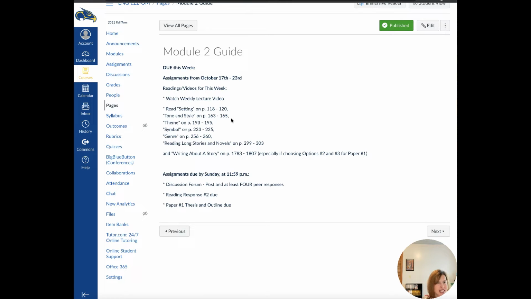talking about genre and how to read long stories and novels, which I included that reading long stories and novels bit only because we're looking at short stories in this section, but in your other college classes, you may have to read a long novel. I know a lot of our history and government classes require you to read a novel in them,